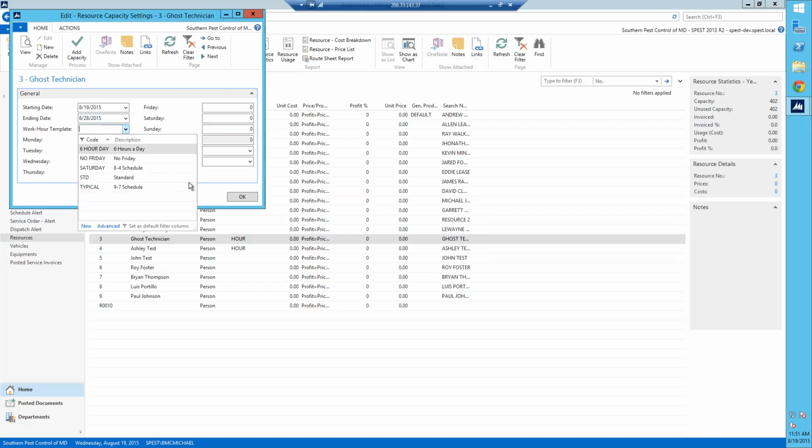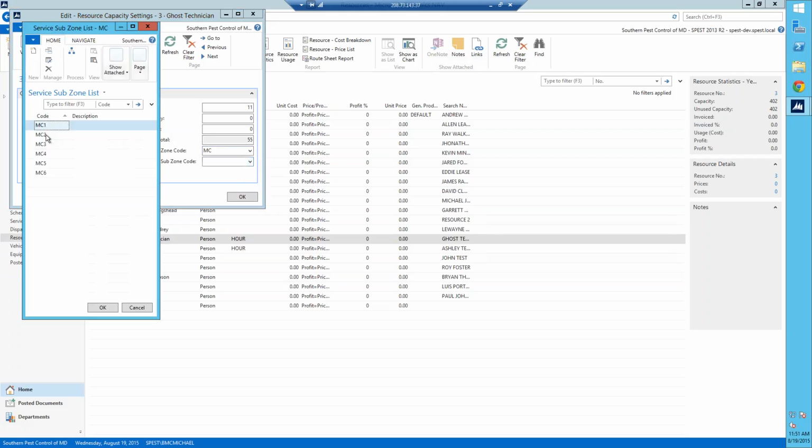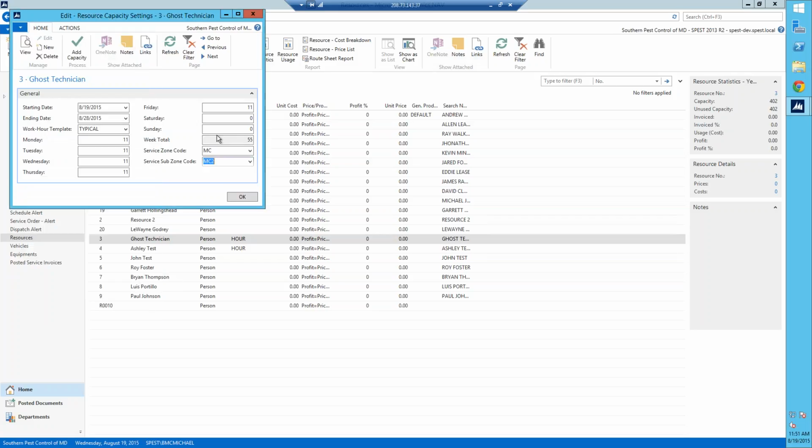And we've got these work hour templates in here, and here we have one typical, which is 9 through 7. Then let's say you knew MC2 is one of the busiest ones, so you wanted to put this ghost technician in MC2. You do that, hit OK,